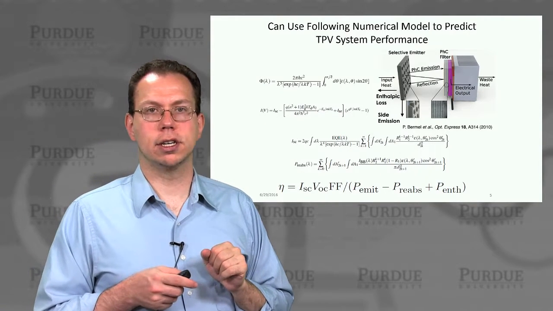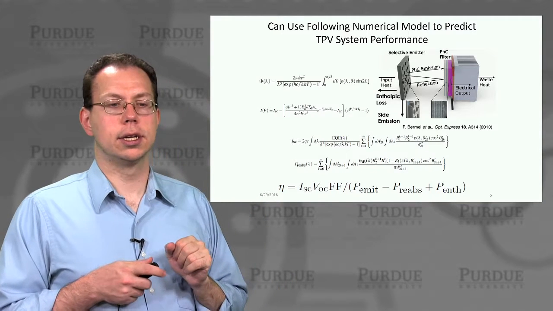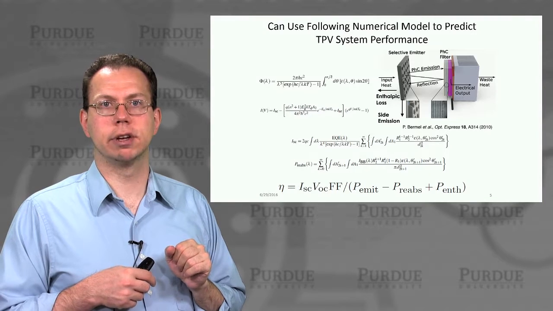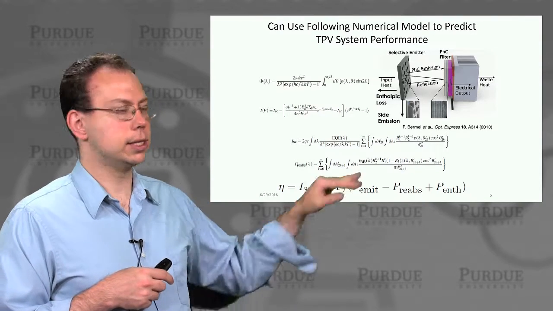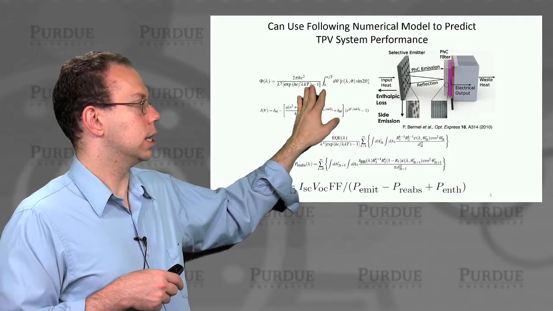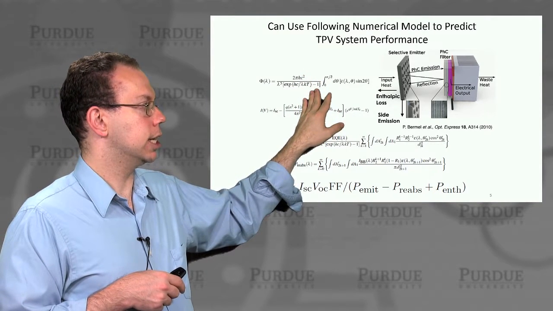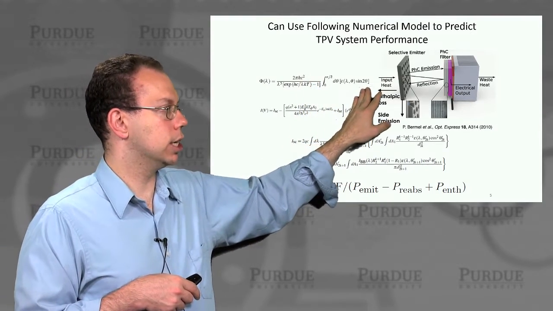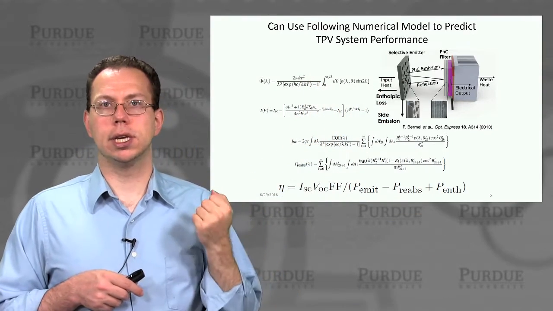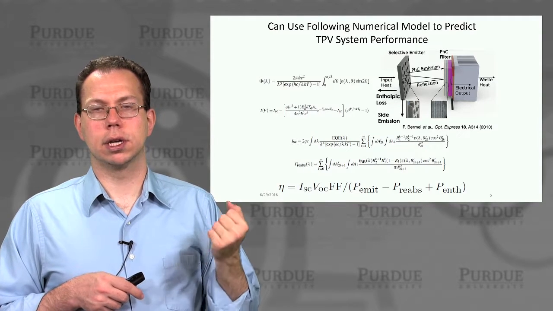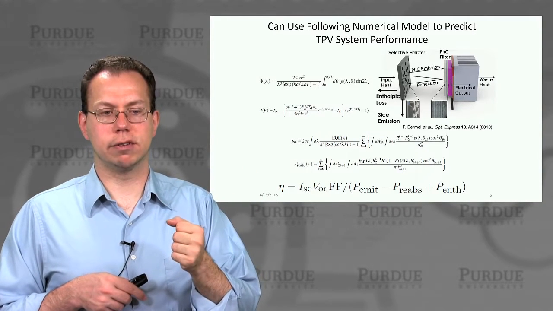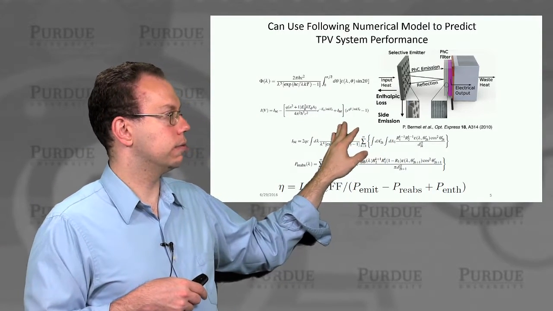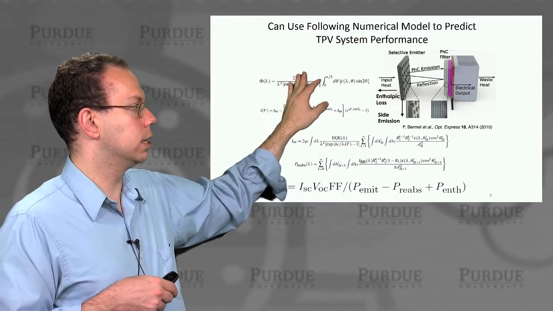And in particular, there's a numerical model that we constructed to show how the system should behave over a very, very broad range of material choices. This model is just looking at the emission as a function of wavelength, which is based on the black body, times this emissivity function, which depends on both the emissivity at a certain angle, integrated over the whole range of angles. And then the output of the thermophotovoltaic system depends on the emission.